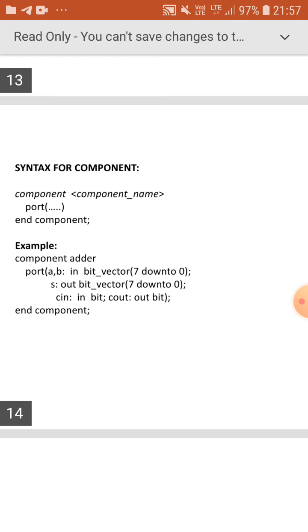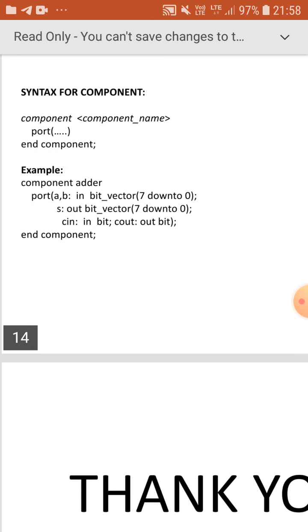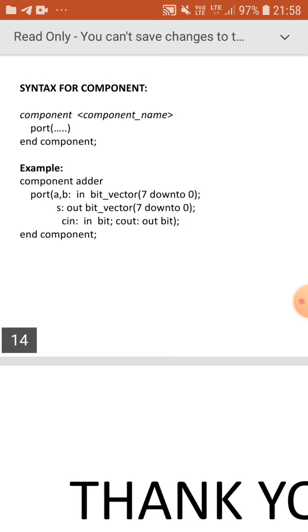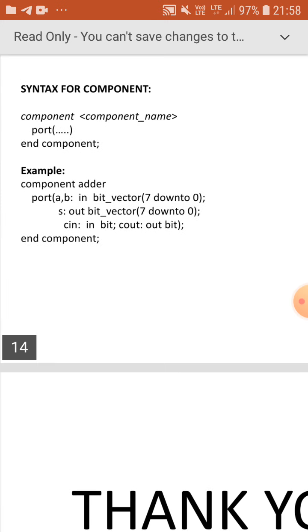In the structural model we will use component declaration. This is the example for component declaration. Component, next component name is user-defined, so you can give any name. Here I am using adder, then port declaration, then the third line end component.